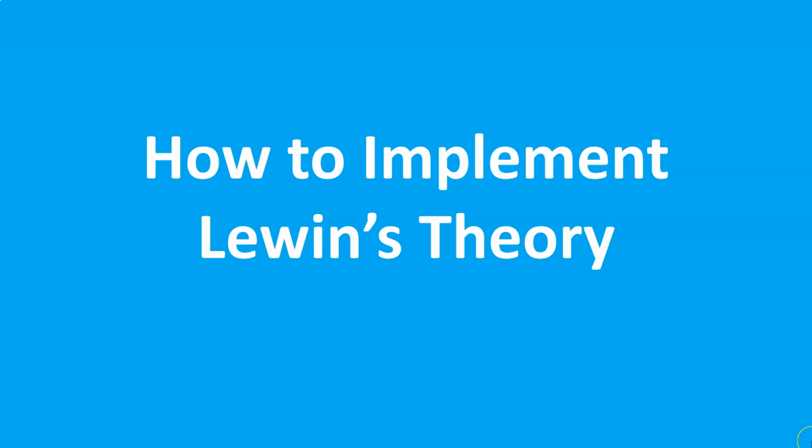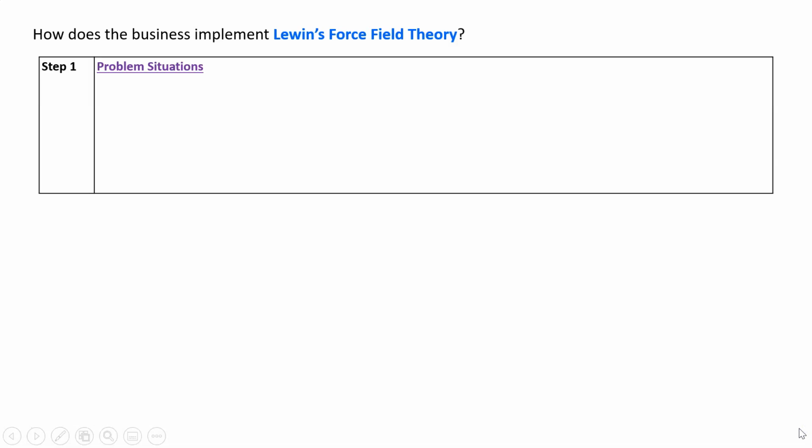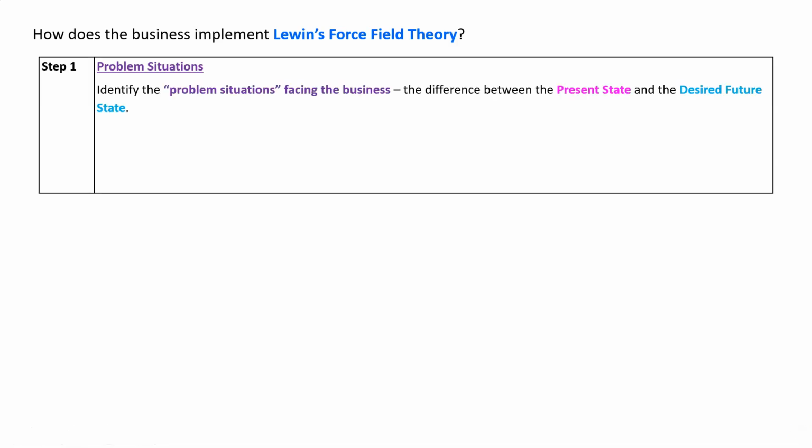Once you know the principles of Lewin's force field theory, we can now implement it. And to do that, we're going to break it down into 5 steps. We're going to start, the first thing that we're going to do is identify problem situations. So the difference between how things are, the present state, and how we'd like them to be, the desired future